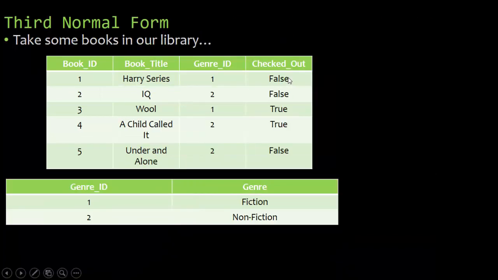This is what it would look like in third normal form. We have the book title tied to the book ID. We have genre ID, which is a foreign key because it relates to the primary key, genre ID. We also have checked out. Now, if we had the author here, we would also need a separate table for the author and then use a foreign key to tie the author to this table. But this is what it would look like in